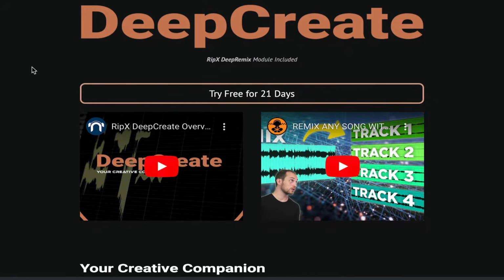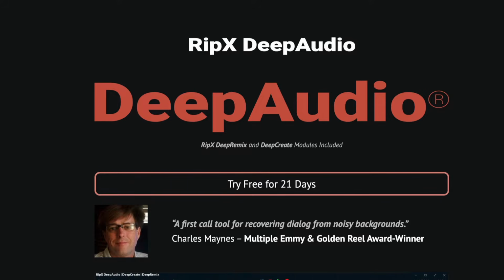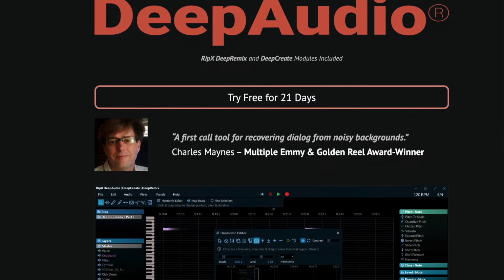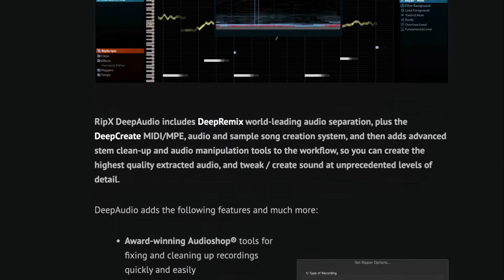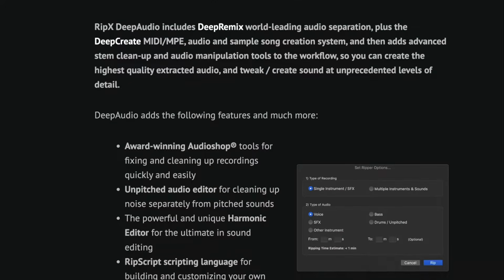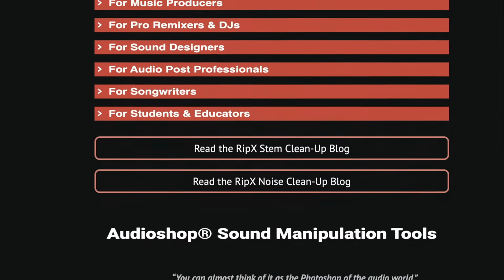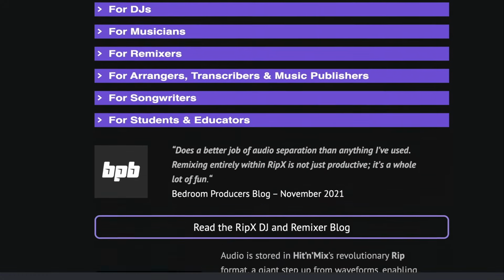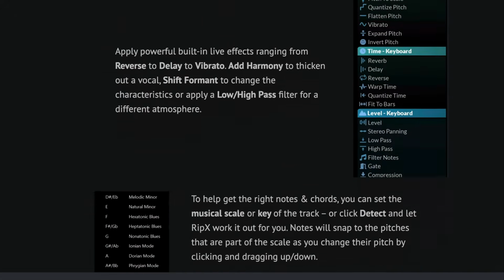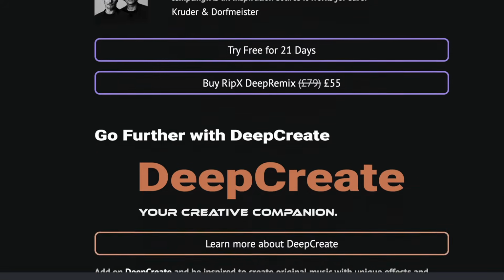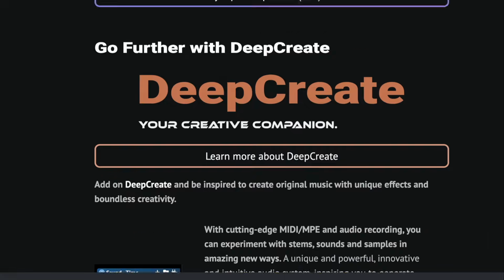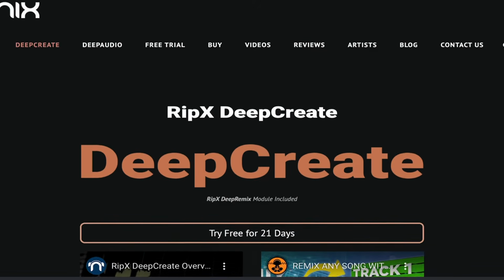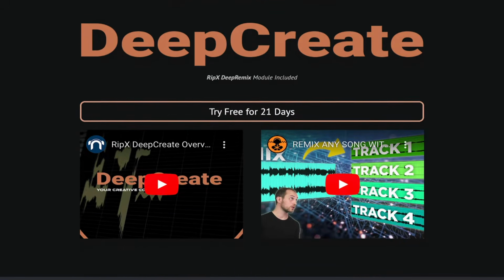Deep Audio is their full surgical audio editing solution, providing intricate control over all sorts of spectral analysis and customization, while Deep Remix is essentially the tool you might want to use if you're just going to look at separating stems for remix purposes. But today, we're going to look at DeepCreate, which is their creative platform that allows us